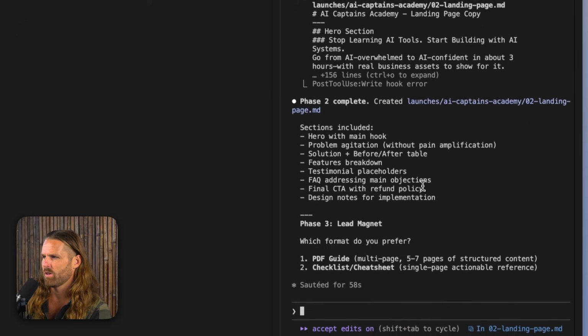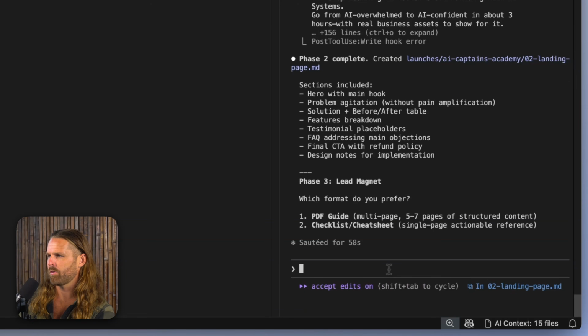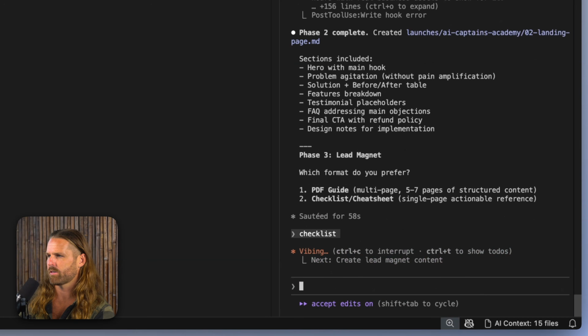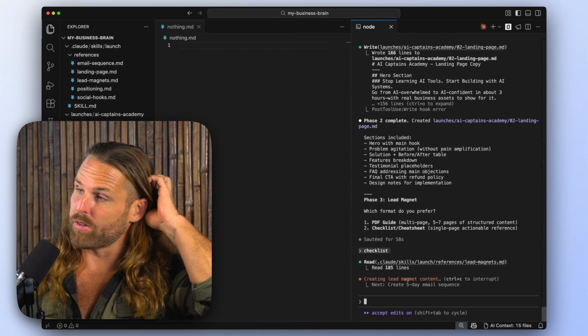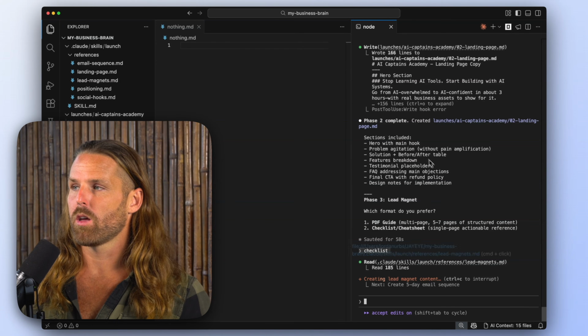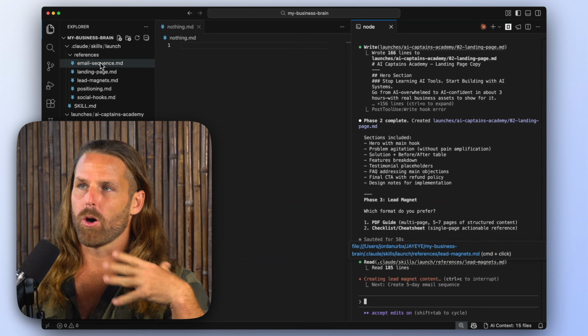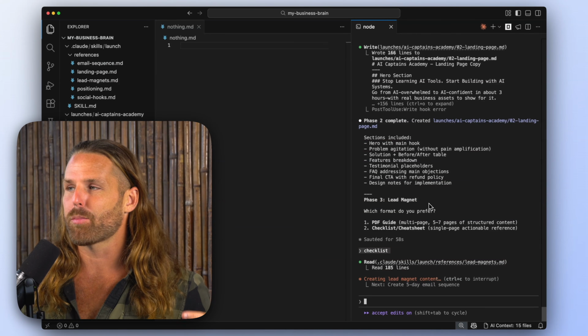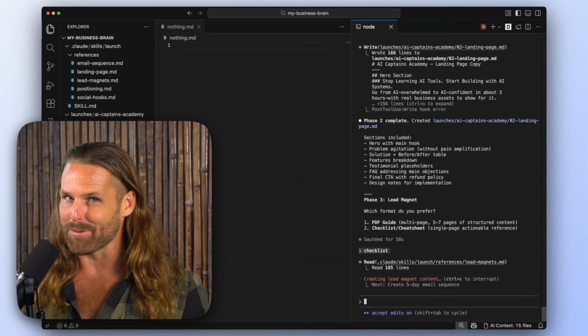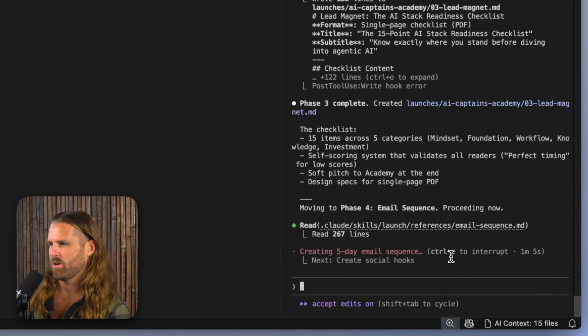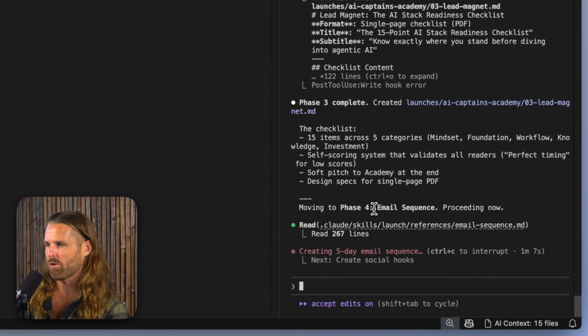Cool. Next up, let's do a checklist for the lead magnet. And what I really like about this is how it's walking me through it. That skill knows how to guide me, and I didn't have to prompt it. It's just guiding me through. All right, so now it's not even asking me, and it's just straight up writing the email sequence, which is